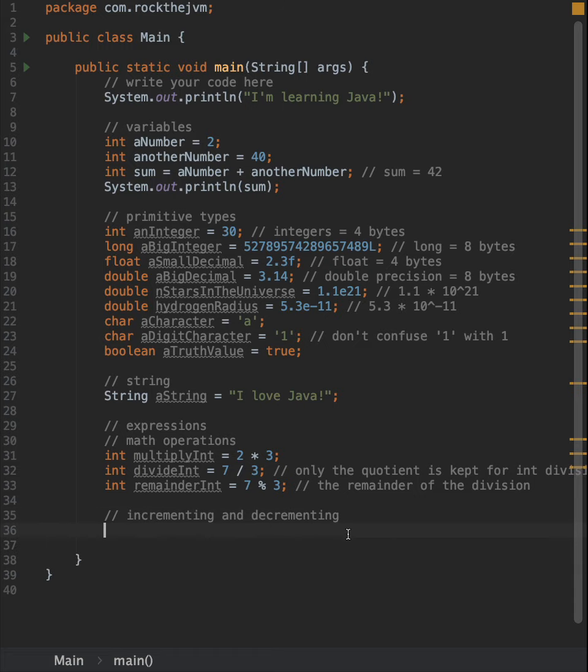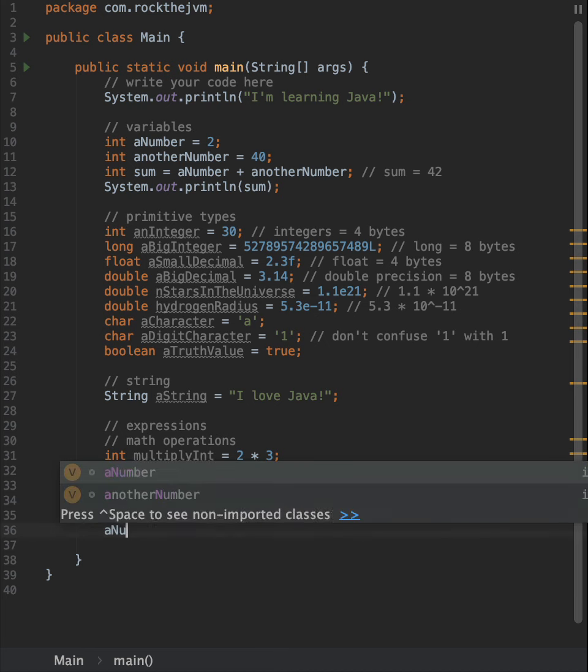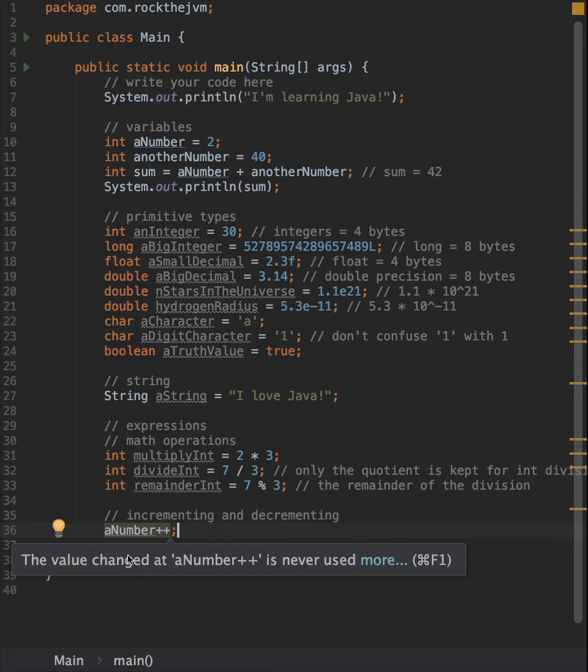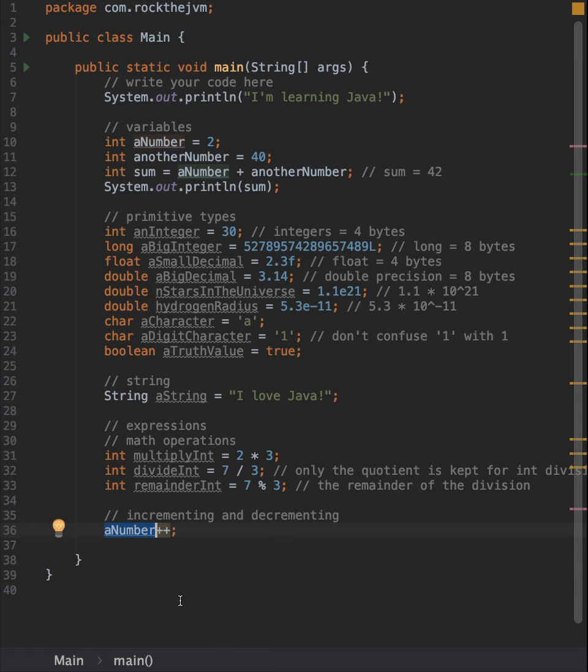Incrementing and decrementing are very interesting because they are applicable to programming languages in particular. So they are not necessarily mathematical operations, but rather programming instructions. So if I take my number, a number, and I want to increase its value by 1, I can say a number plus plus. So I can say something like this and put a semicolon at the end. This instruction means that the computer will take the value of the number and it will increase that value by 1. So after this instruction, a number